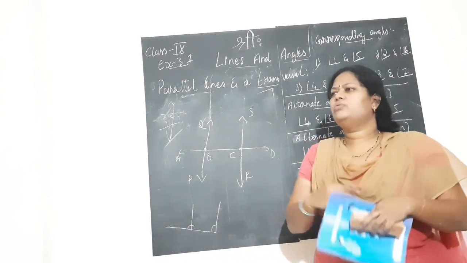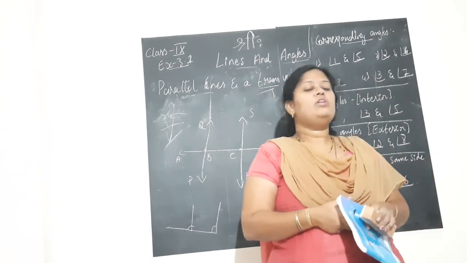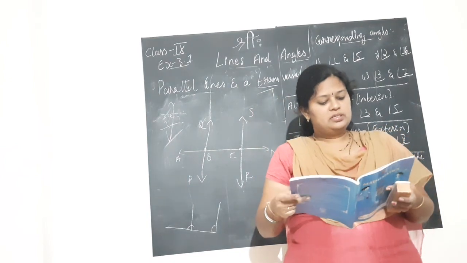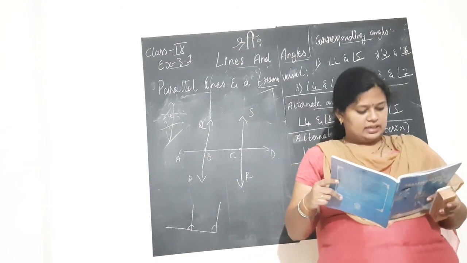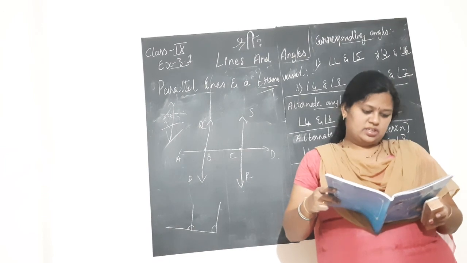So just know the concepts. You have to read the statement and understand on your own what it is. You don't have proofs, children. Next, lines parallel to the same line is theorem 3.6. Lines which are parallel to the same line are parallel to each other.